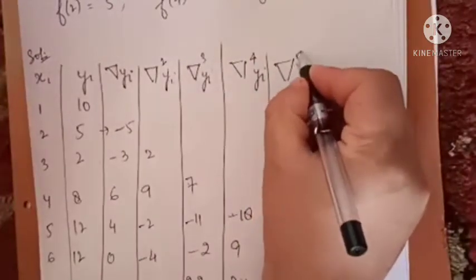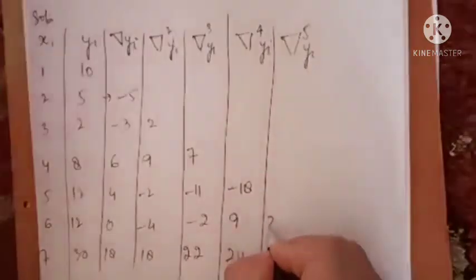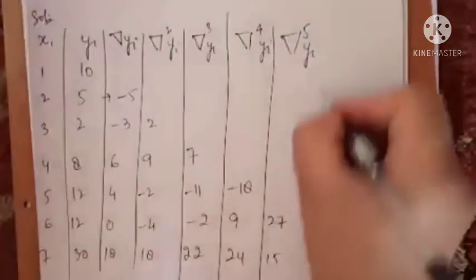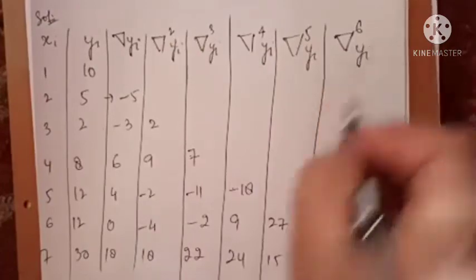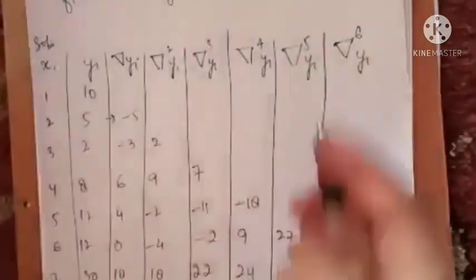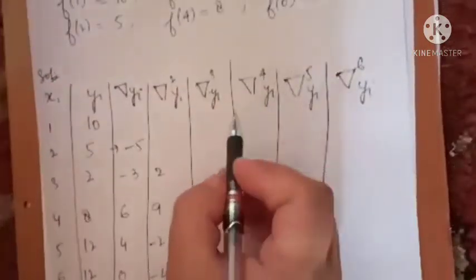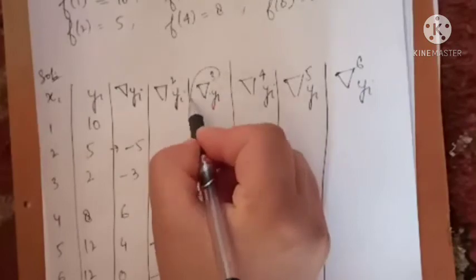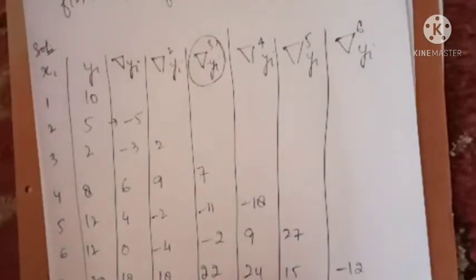So delta 5 yi, 9 minus minus, this will be a 27, this will be a 15. Further we can go up to 6 because we can make one more difference, so this will be a minus 12. What we have to find is y3 f of n. y3 means we have to find the value at third order polynomial when f of n, n over here means the last element, that is a